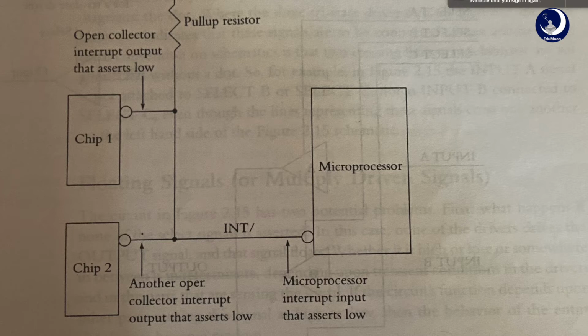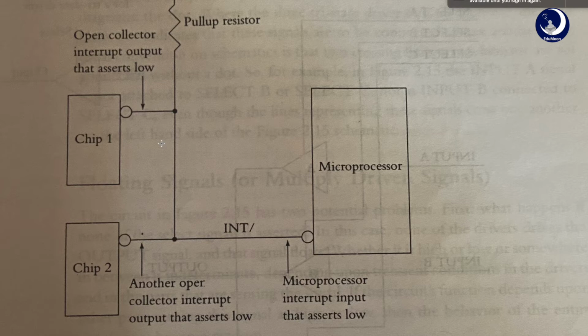Say, for example, just consider this particular circuit. You can see it, right? This circuit has a pull-up resistor, two chips and a microprocessor. What does this particular thing do? If the microprocessor has only one input for an interrupt signal, but I have two different devices that need to signal interrupts, then the following two conditions hold: the interrupt input on the microprocessor is asserted when it is low, and the interrupt outputs on the two devices are asserted when they are low.